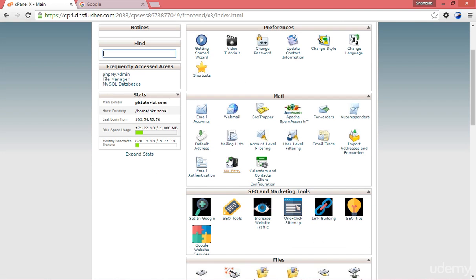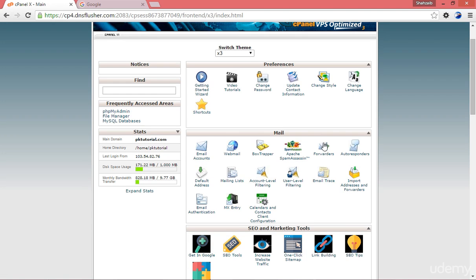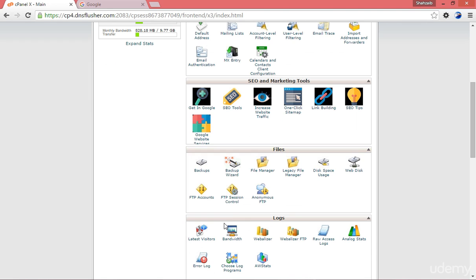You can get the webmail, the email chapter, the SEO chapter, the preferences. In the preferences, there are some important things like change password, change language, change style, etc. We don't need to do anything with this. We can do a lot of things with the mail and the files. Actually, we have to work on the files. This is a really important thing, and the